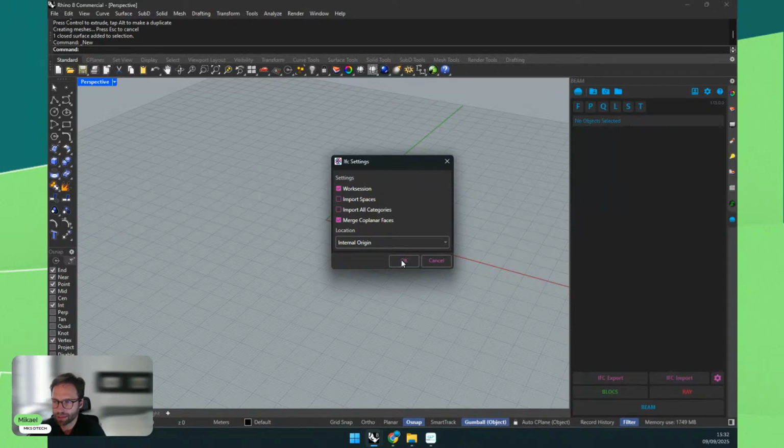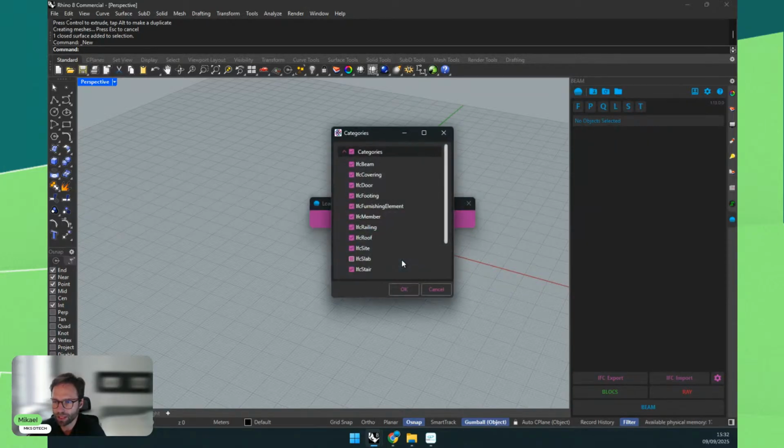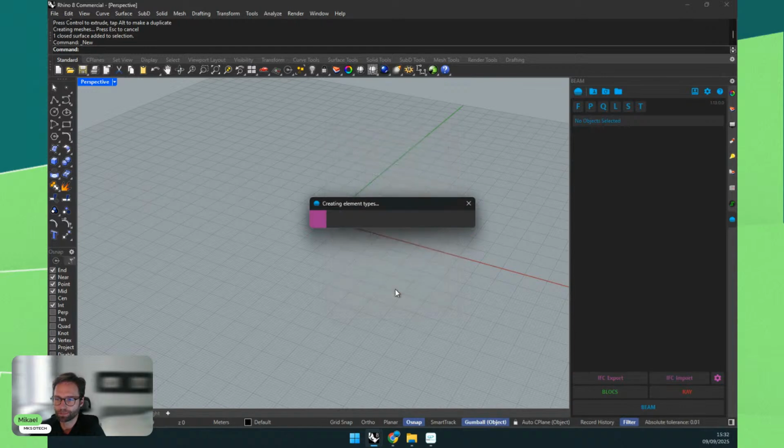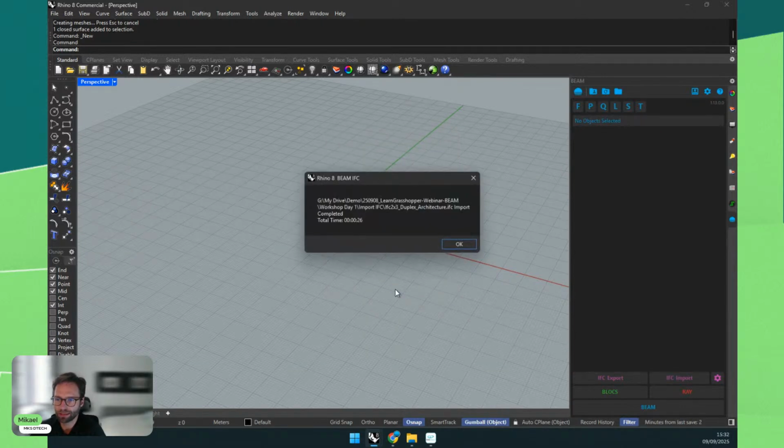Okay, so let's do it. It parsed the IFC and it says, okay, in this IFC, you have these categories. Which one do you want to import? All of them or some of them? Maybe you are not interested in having the walls imported, or you just want the walls imported because for your work, that's what you need to import. Now, of course, we will have everything imported. Okay. Now press OK. In a few seconds, it will create.